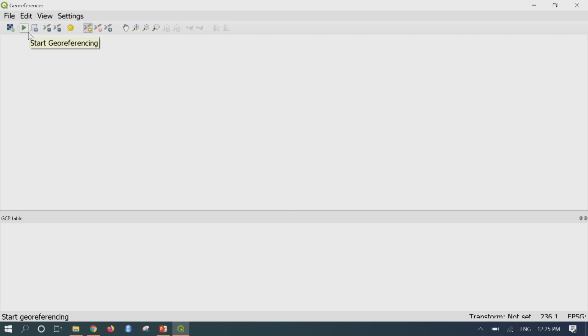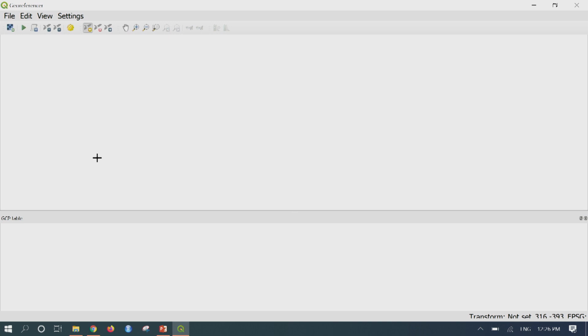Next you will find the toolbar. In the toolbar you have shortcuts to open raster, start georeferencing, load GCP points if you have already saved the GCP points, transformation settings, add a point, delete a point, move a point, pan, zoom in, zoom out. So these are the tools. Next, the section you see here is the map display area, and finally at the bottom you have the GCP table.